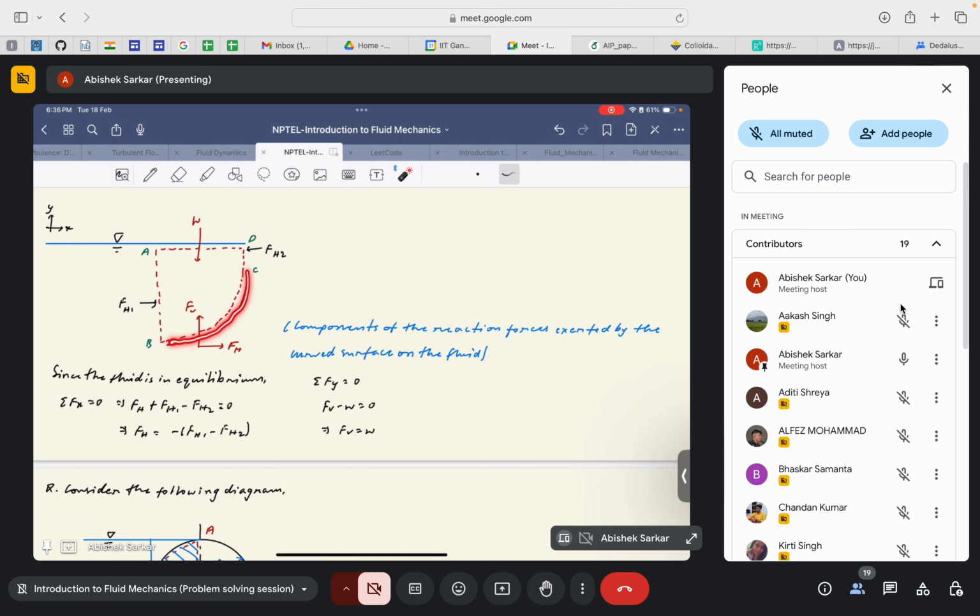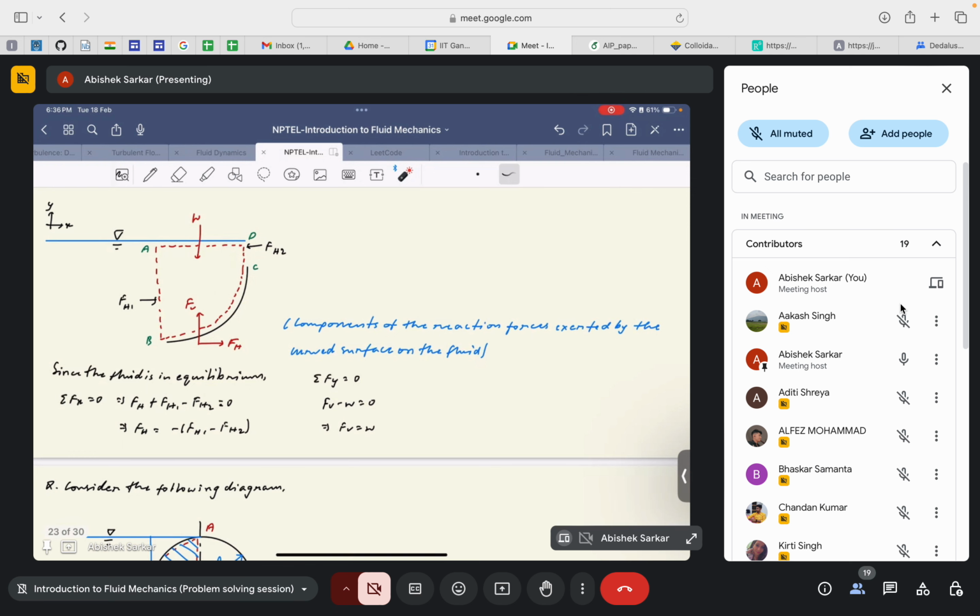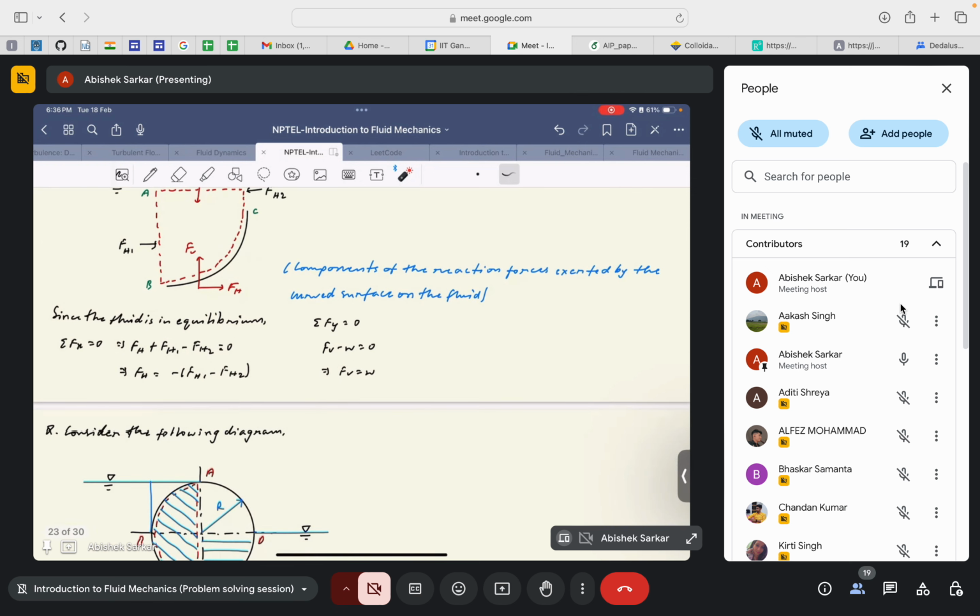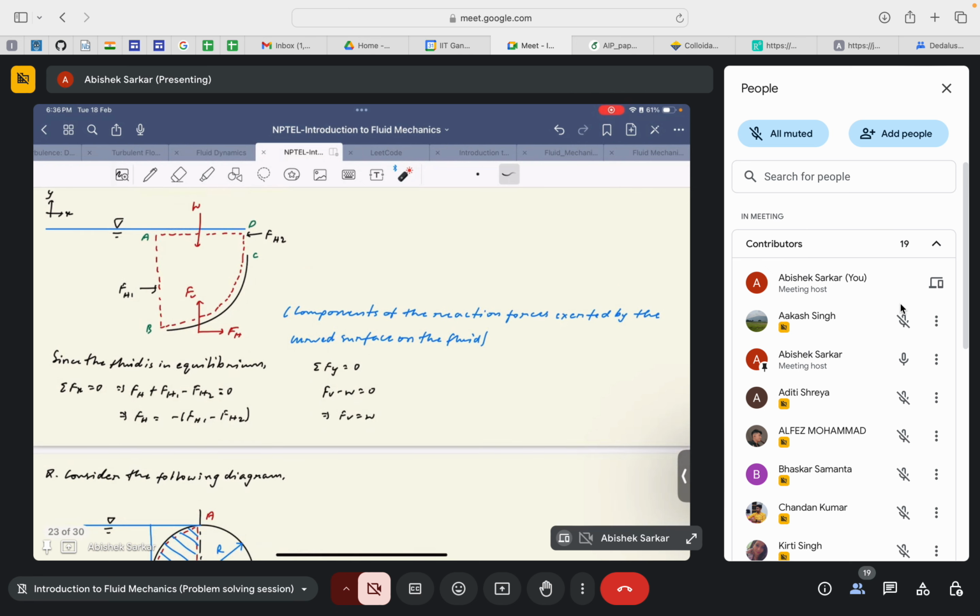Okay, so a general practice is to decompose the force that acts on this curved surface into its horizontal and vertical components, and then find the net resultant force, which will basically be F equals the square root of Fh square plus Fv square. Quite simple. So that's why the general practice is to dissociate this force into these horizontal and vertical components. So to find horizontal forces,